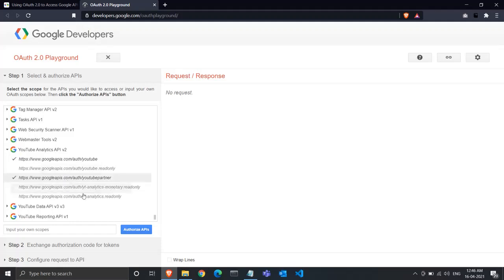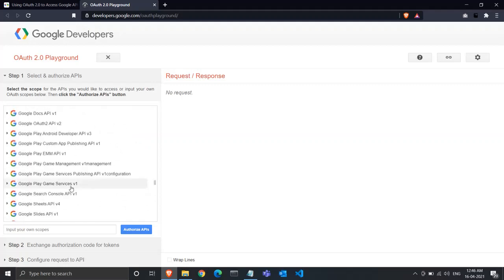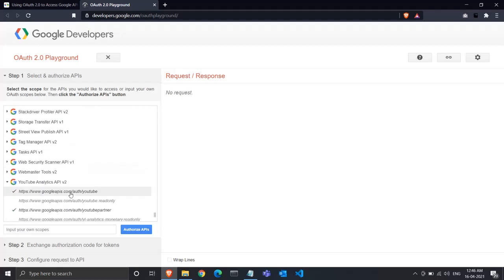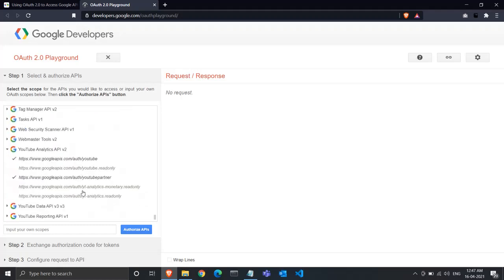So let's go with a couple of scopes from YouTube Analytics. By defining the scope, I'm saying that I want access to these APIs, and these are my scopes. So you can work your way with different APIs and you'll get an access token which will be able to access both YouTube Analytics API data as well as the Google Analytics API. So that's the main purpose.